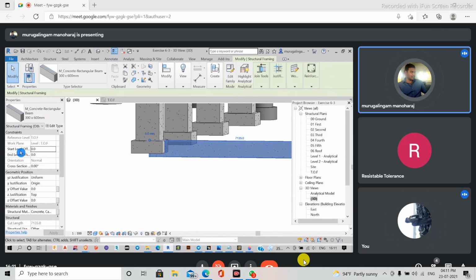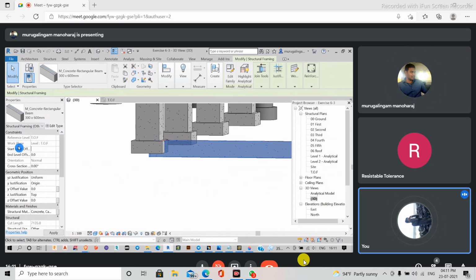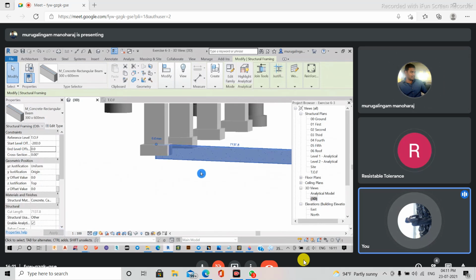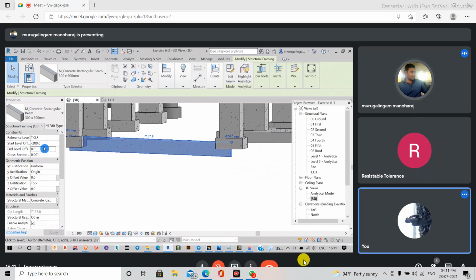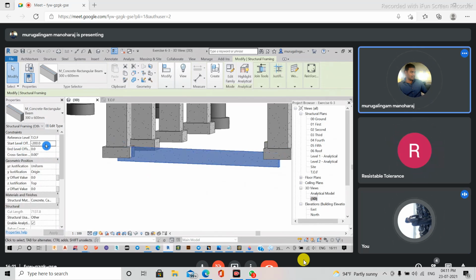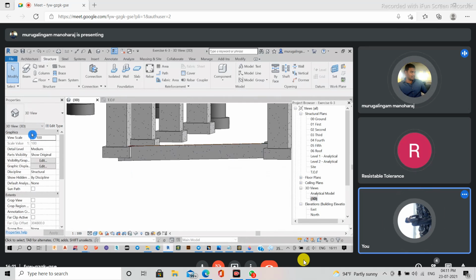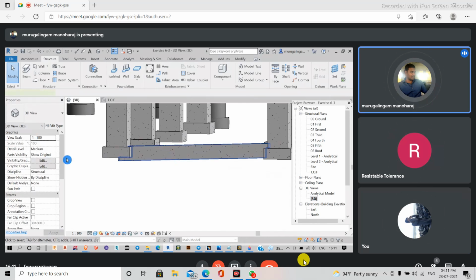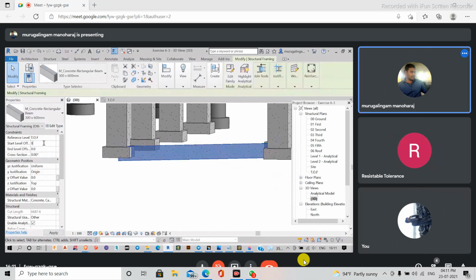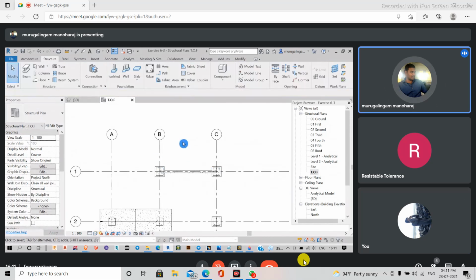Okay, I'm just giving some values here. Just checking. Okay, it's going in the wrong direction, so I want to go in the other direction. So I'm just making it zero itself, and now I'm going to my QF level and creating a section here.